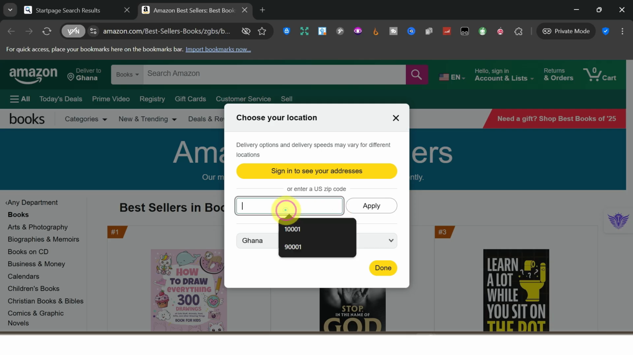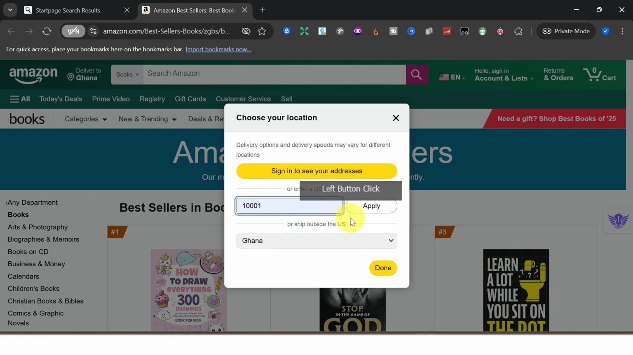Then over here, I will type. You can see the 2 options I've been using. I've been using these 2 addresses, so you can choose any of your choice. I'll go ahead and choose the first one. And after typing the US address of your choice, then you click on apply